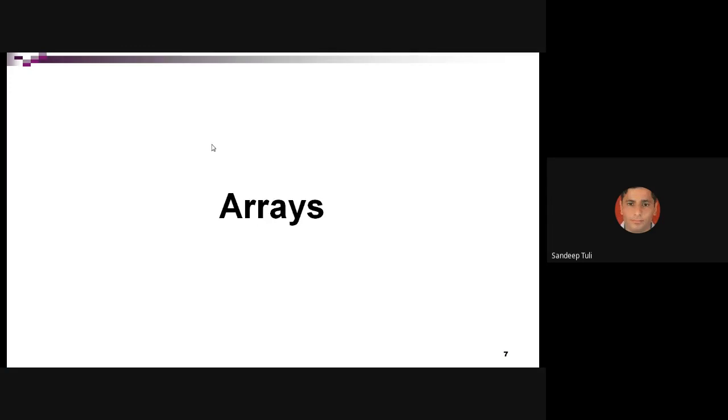Okay, what is an array? Can anybody tell me what an array is? A sequence of data items. An array is a linear data structure which includes homogeneous data. Or anyone else? An array is a derived data type, a sequential collection of similar data types, a collection of a single data type.